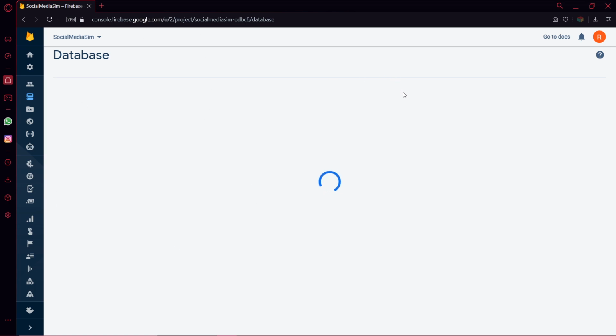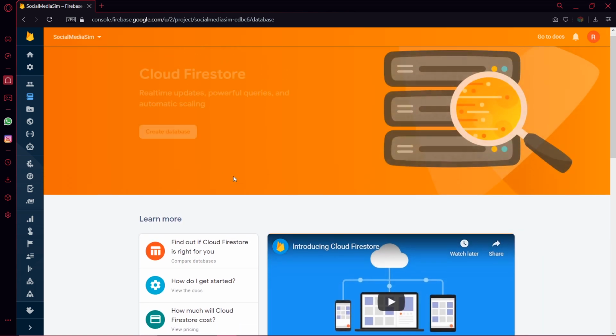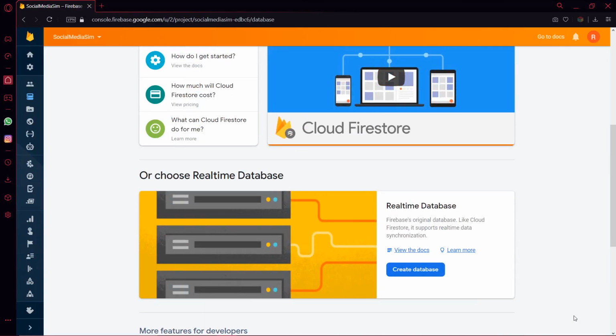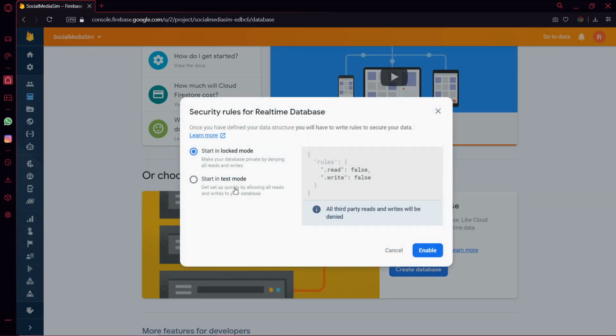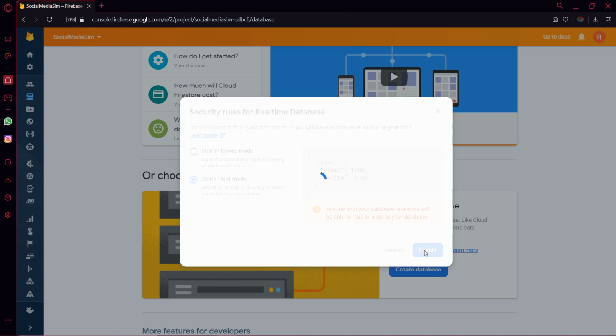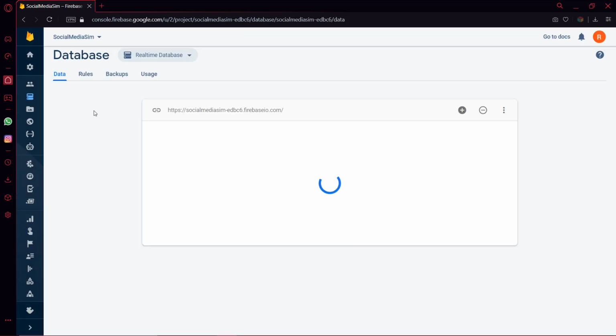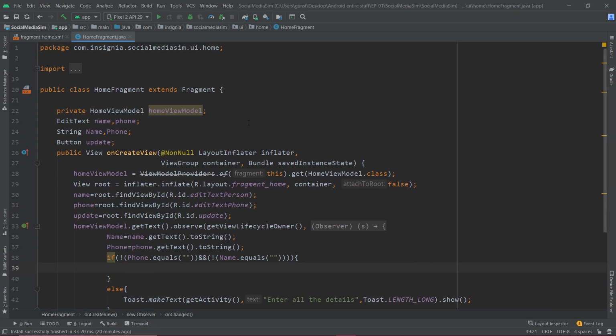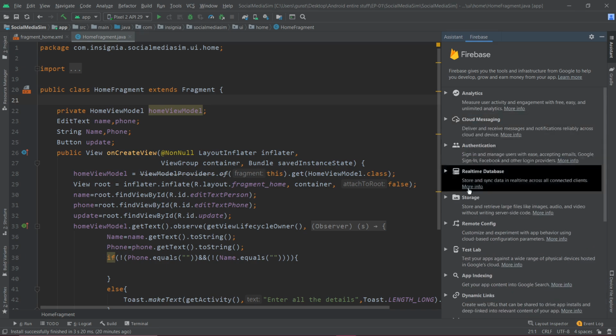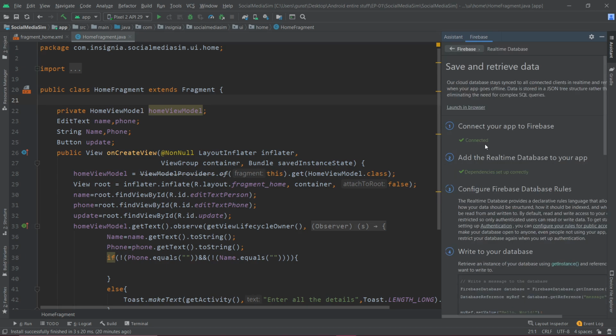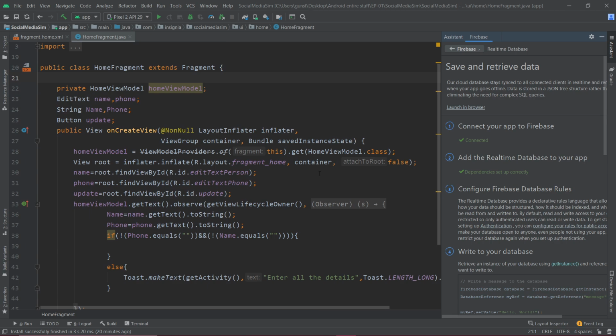As soon as you click on that, you would get two options. One is Cloud Firestore, another is real-time database. We are going to just create a database. Always start it in test mode. Click enable. So that's it. Now you get a real-time database. So just go ahead and start using it. At the same time, on your editor, you would have to do something like tools, Firebase, and within Firebase, get to real-time database. Just click here and click this thing, so it adds up all the dependencies, and once it syncs, we'll just get right into the usage part.